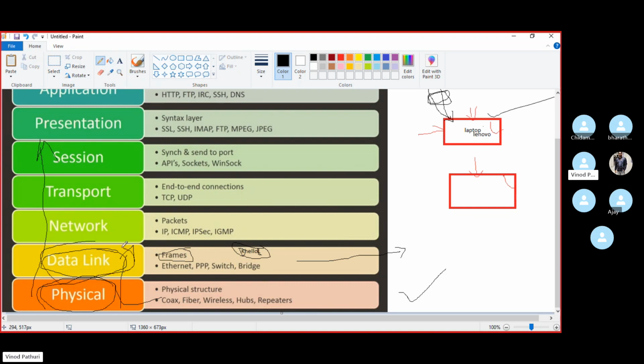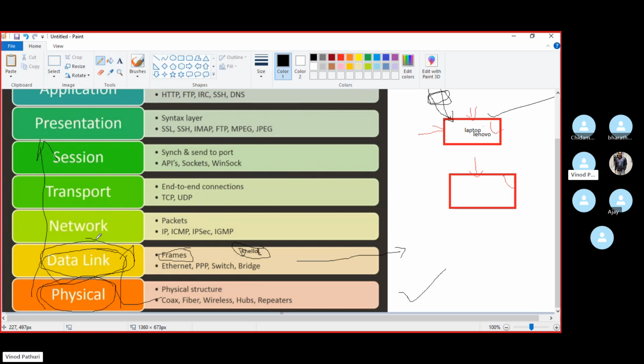Just understand, the data link layer is layer 2, and the switch operates at the data link layer. Here data is called frames, and in frames our data is formatted into a sequence for reliable connectivity.